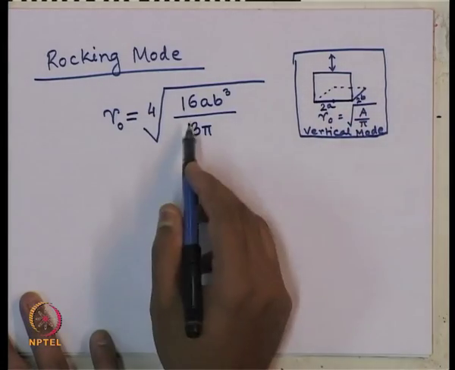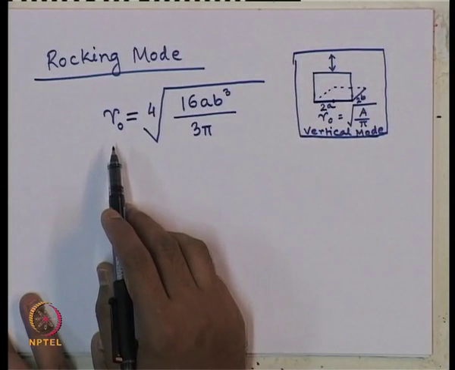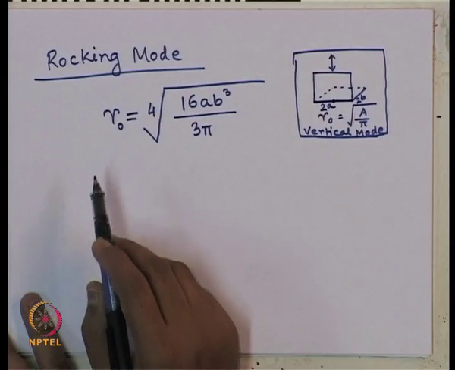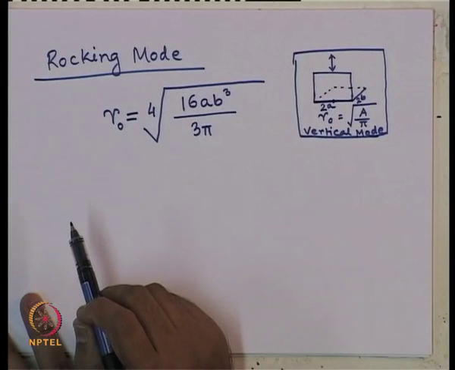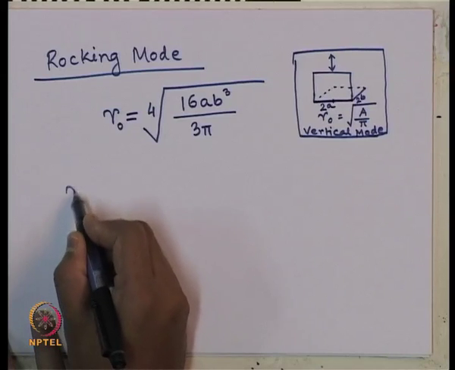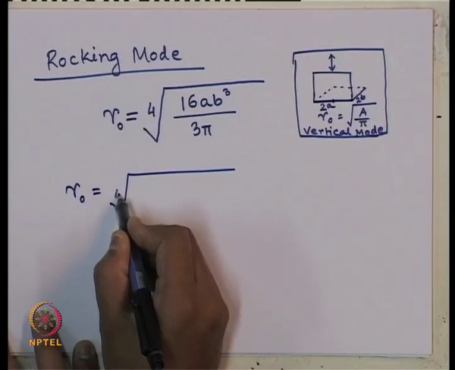In that case, this is the formula which will equate the moment of inertia for a circular footing with respect to a rectangular footing. So, in this case, R naught will be 4th root of